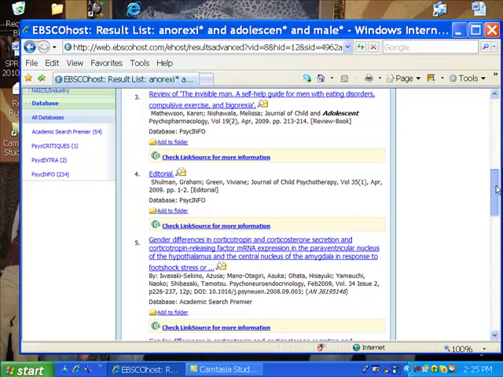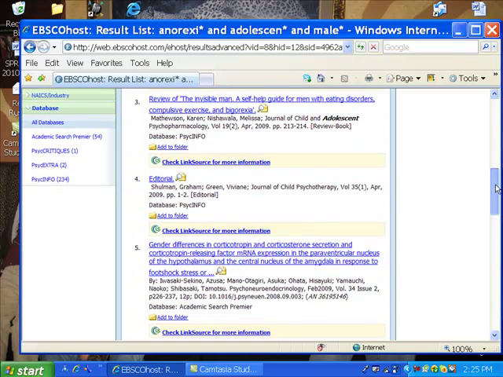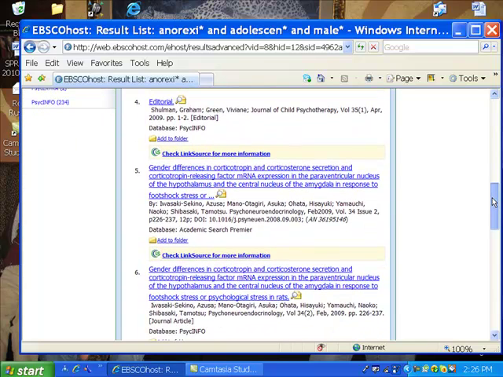If it's in print at another library in the Alliance system, you can submit an interlibrary loan request and we will get that for you. If it's available electronically, then you can get it as soon as overnight. But if the staff doesn't have time to scan it, then it could take several days. So it's always important to plan ahead and scan ahead.